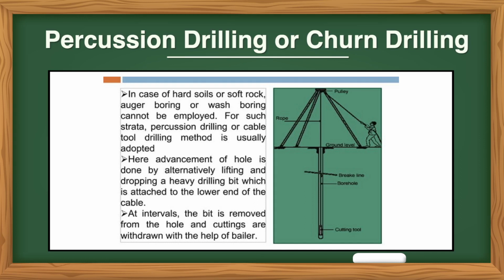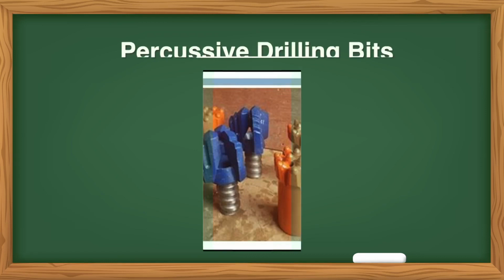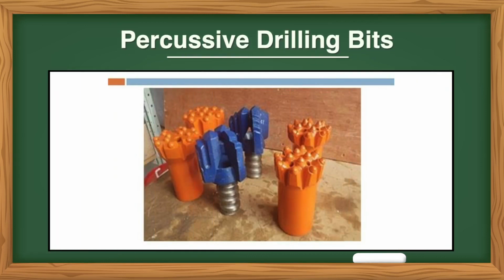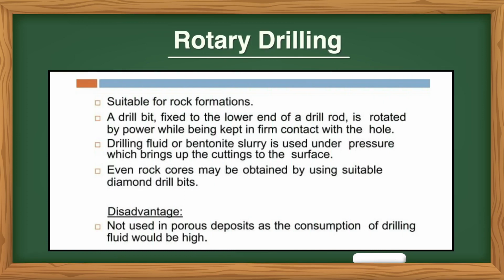At intervals, the bit is removed from the hole and cuttings are withdrawn with the help of a baler. You can see on the figure, these are percussive drilling bits, tricone type of drilling bits. Next is rotary drilling. Suitable for rock formation, a drill bit fixed to the lower end of a drill rod